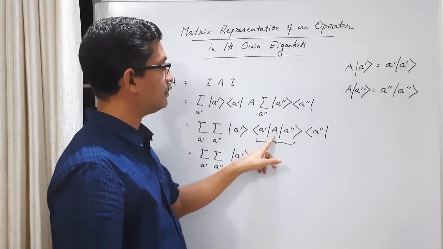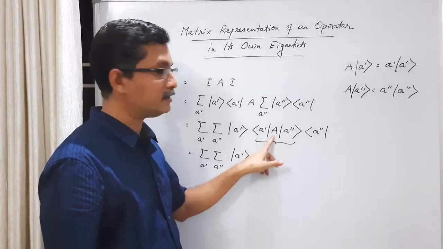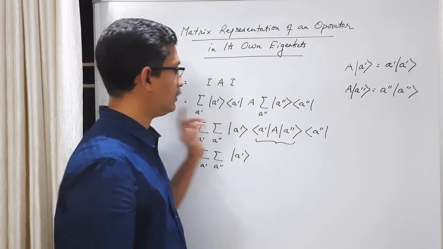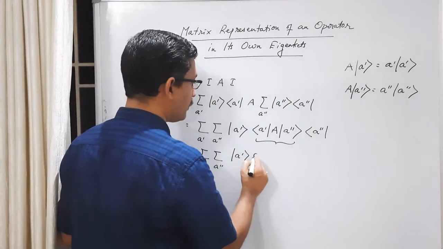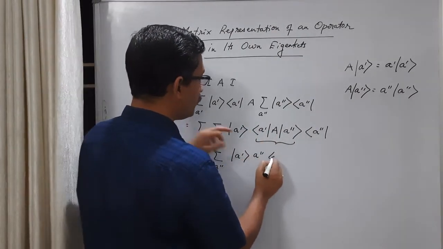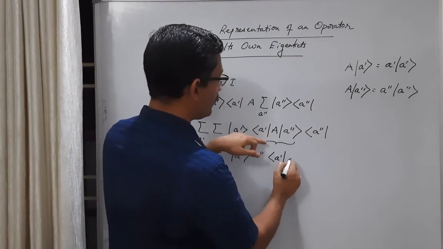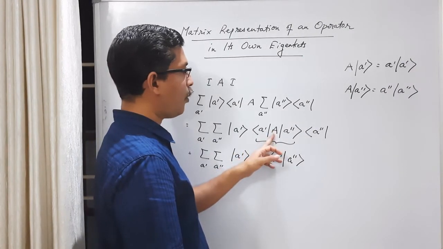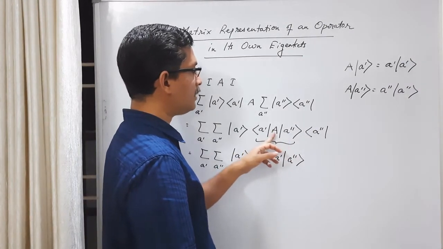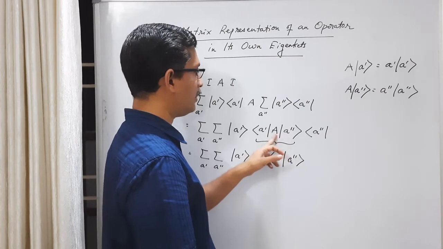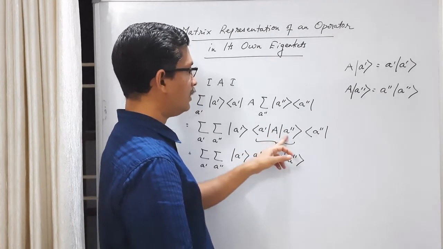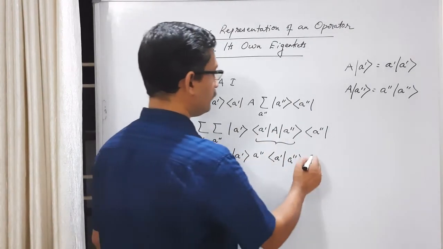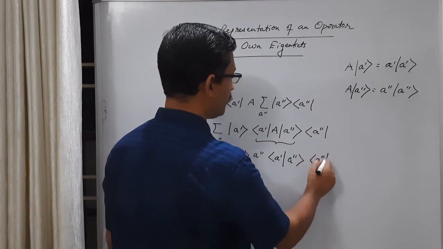Or we can say that these operators are Hermitian operators. Their eigenvalues are real, so there is no complex conjugation. You can take it outside. So this A'' comes out. What is remaining? You have bra vector ⟨A'|, ket vector |A''⟩. As the result of operator A acting on ket |A''⟩ is A'' times ket |A''⟩, that A'' I have taken out. Then only ket |A''⟩ remains here. Then bra vector ⟨A'| is also there. Then finally you have a bra vector ⟨A''|.